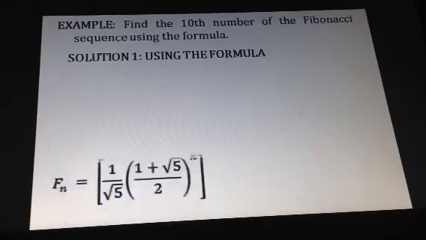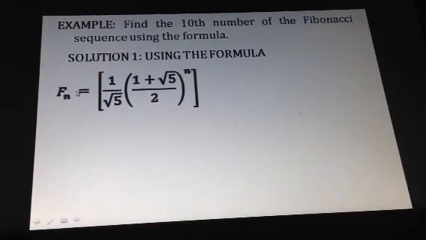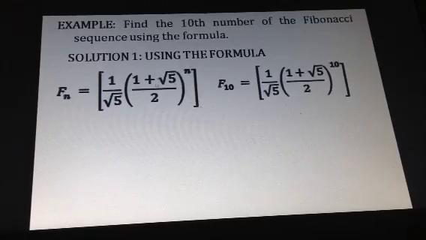So, using the formula, we have f of n is equal to 1 over square root of 5 times 1 plus square root of 5 over 2 raised to n. Papalitan lang natin yung value ng n kasi ang hinahanap natin is 10. We are looking for the 10th number of the Fibonacci sequence, so pwede ito ang gamitin. Palitan lang yung value ng 10. And pwede mo siyang idiretso sa calculator. Kapag napindot mo siya sa calculator, ang lalabas sa kanya is